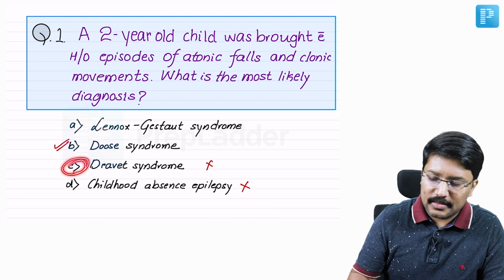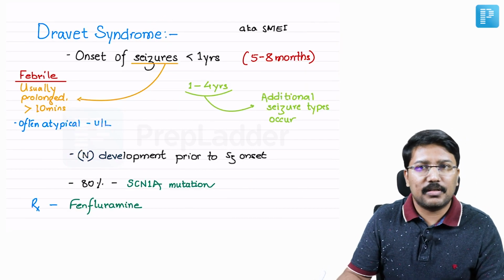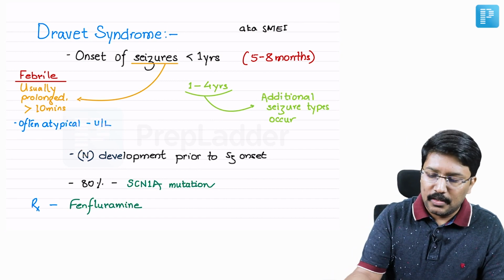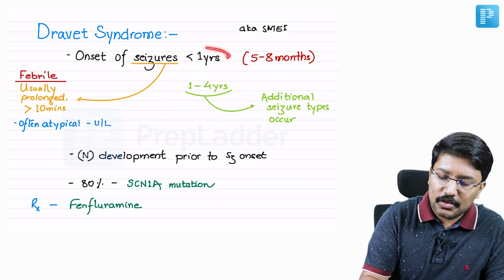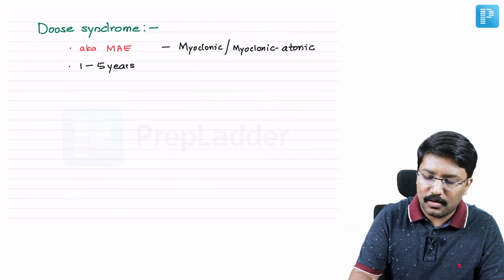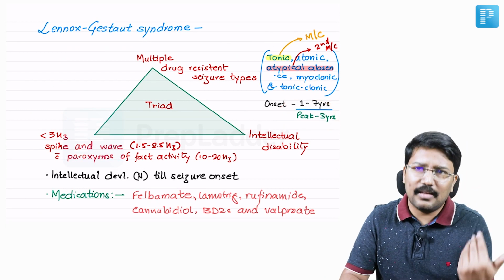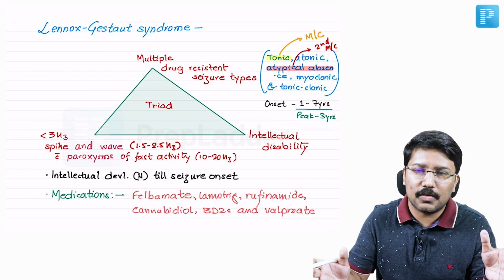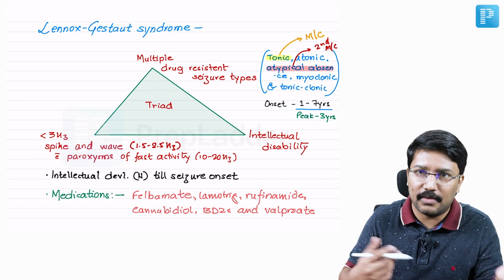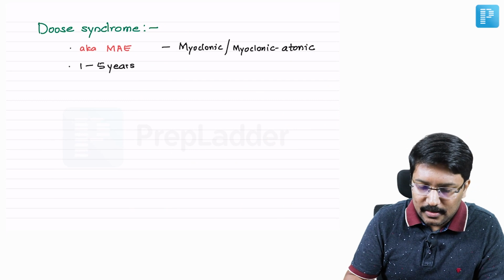Okay. So now you may ask me, yeah, we have already discussed, right? So the Dravet, there is a characteristic history of febrile seizures. Dravet syndrome is an again important topic, right? So from Dravet syndrome, we should remember that the onset of seizures is usually within 1 year, right? So the previous things we were talking about are after 1 year, right? 1 to 5 years, 1 to 7 years. Yes, a little early can occur. That's not a hard and fast rule that says that it shouldn't occur in the 11th or 10th month. But generally 1 to 7 years or 1 to 5 years for LGS and Doose.